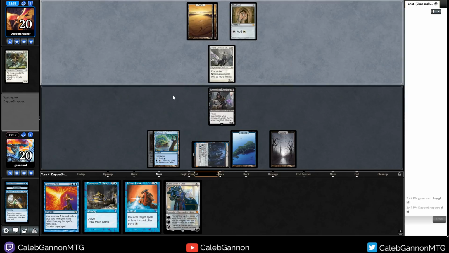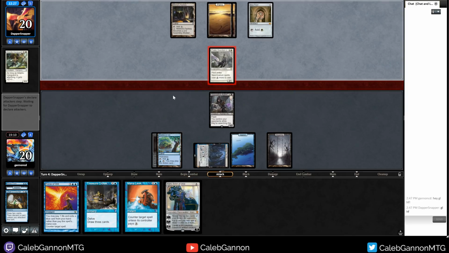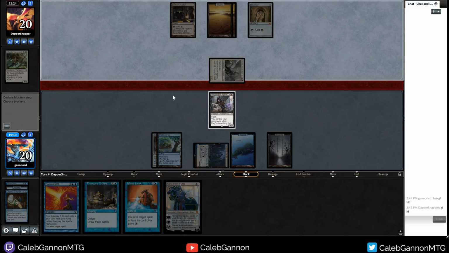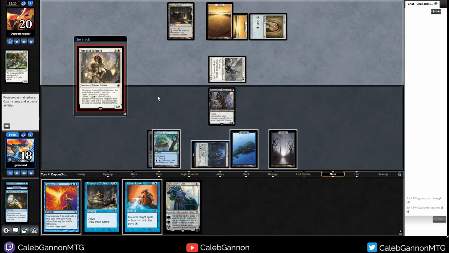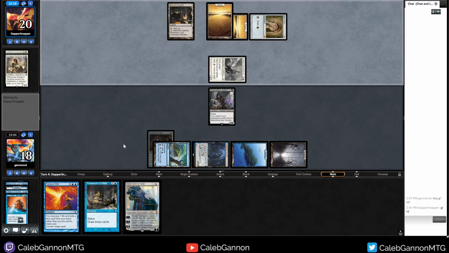So we're gonna Mana Leak whatever they play. We can't Mana Leak and Force of Will. This is a bit upsetting. Ooh, they have Mishra's Factory too. Okay. Sun Gold Sentinel. I think I just countered that. I can't really have them exiling cards from my graveyard because of...